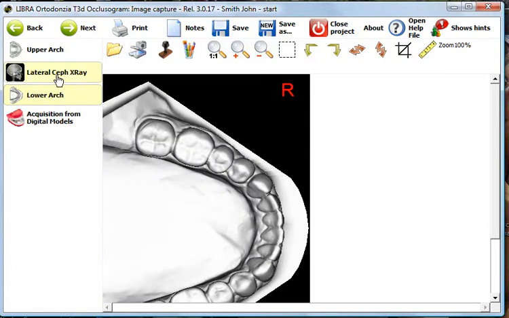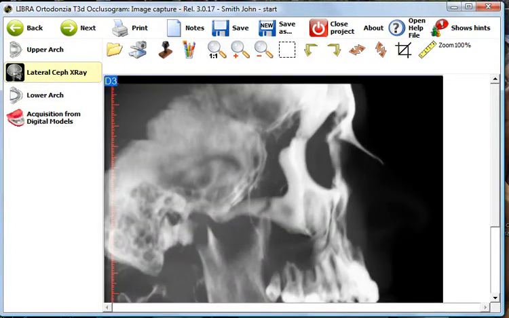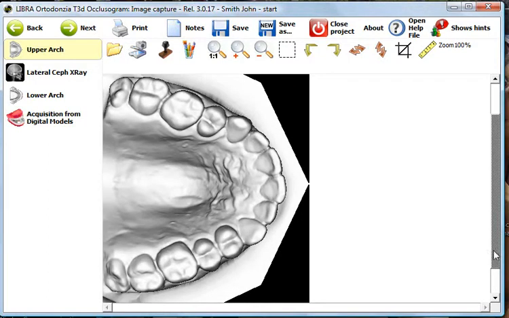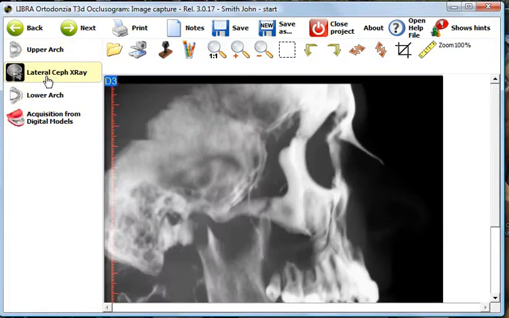but what I do need to do is to give a proper dimension reference. For the digital models, I don't need to do it because everything is included as information within the digital model. So the T3D Occlusogram software knows the dimensions of this image. But for what concerns this other image, I have to give a reference. So I just click here,